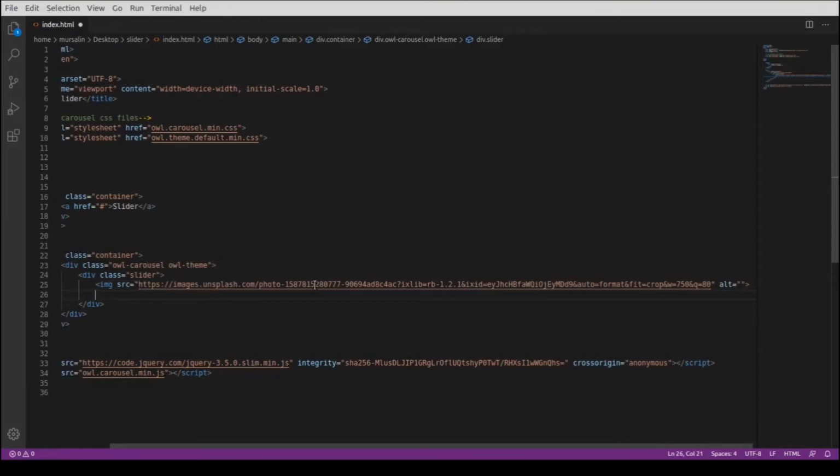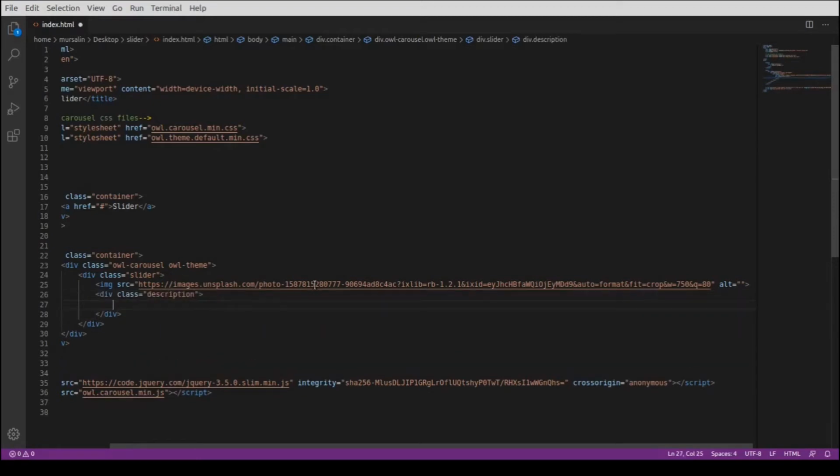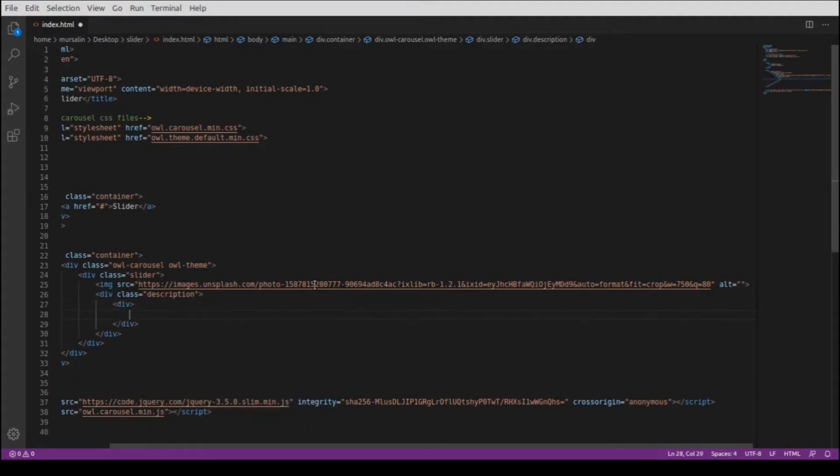After this image, let's have another div of description. In this description we will have our heading and button, and let's create another div, and then inside this div write an h2 tag and give a title, for example 5 guidelines from WHO